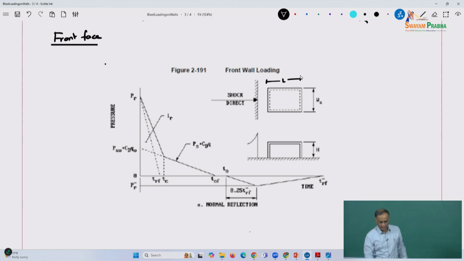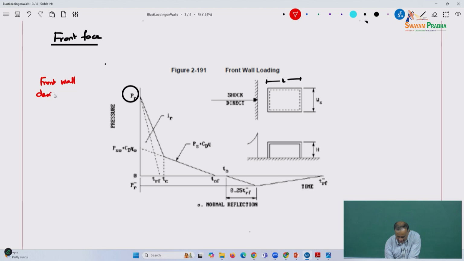So here the front wall is PR. We really don't design for PSO. So the front wall is designed for that, and as I mentioned,